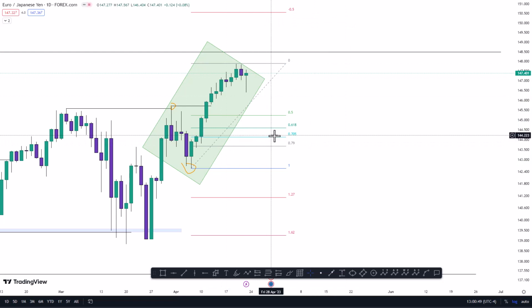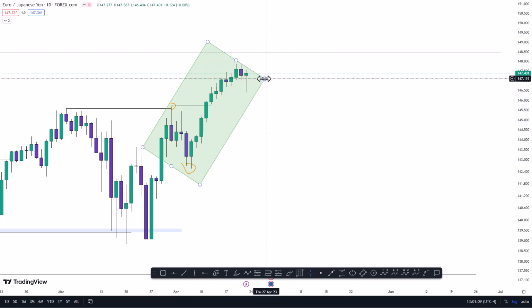Somewhere here, 0.705. We would like to see if the market gives us an opportunity to trade back in this area. How do we know that? We know the market is coming here when we break a certain structure here. So, since we know the zone,